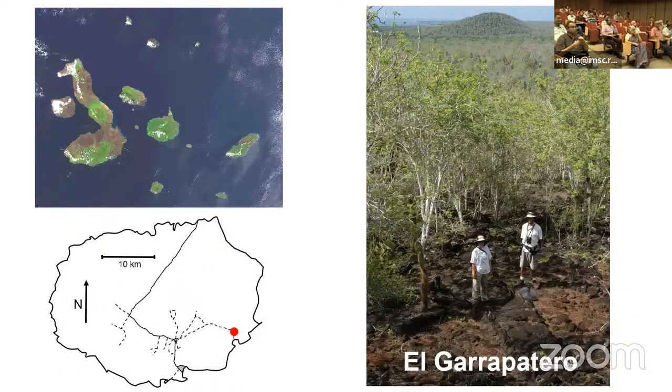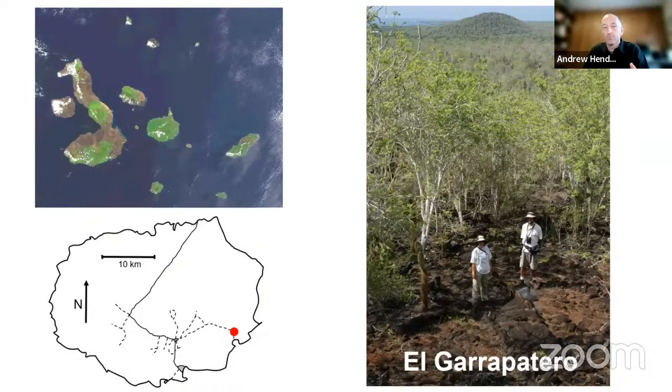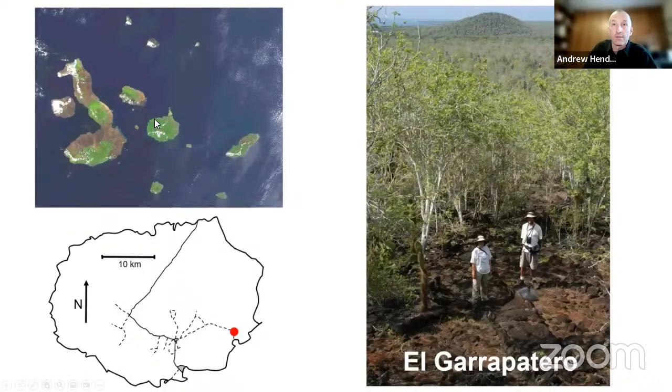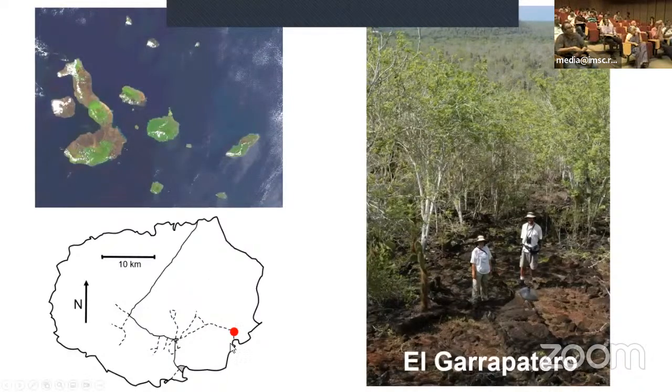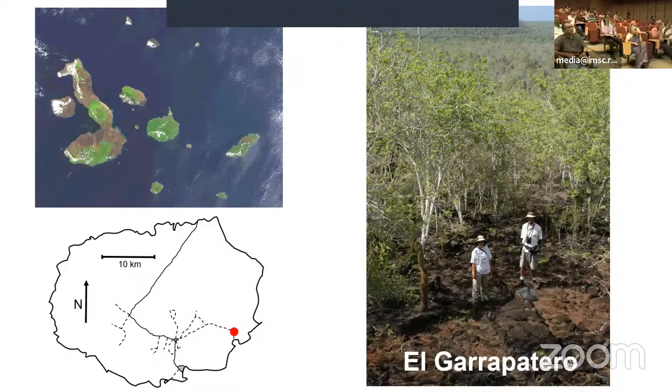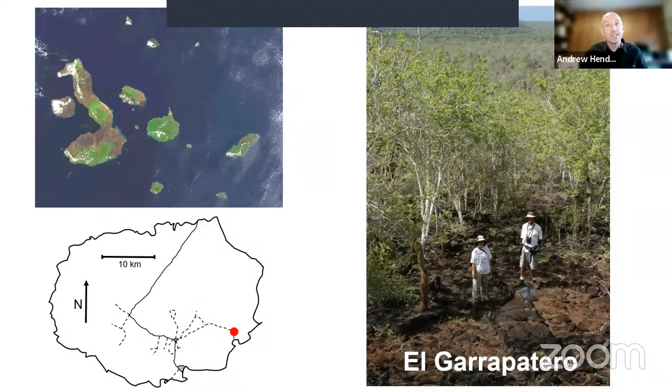So let's go to one place in Galapagos and take a look at the finch community. That's El Garrapatero, which is on the central island of Santa Cruz. It's found right here. The main town is in gray over here. This is what El Garrapatero looks like on the right in a reasonably wet year, and those are a couple of my colleagues. So go to this location, catch all the birds, and look at the distribution of